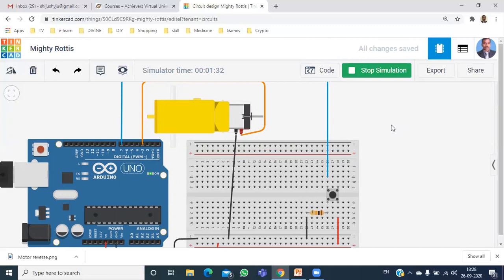For that, we'll be using the driver ICs. Anyhow, now I'm not interested to introduce you to the driver IC. By using the board itself, how can we control the motor to rotate forward as well as rotate backward? I will show the demonstration of that using an already coded Tinkercad project that I have with me.